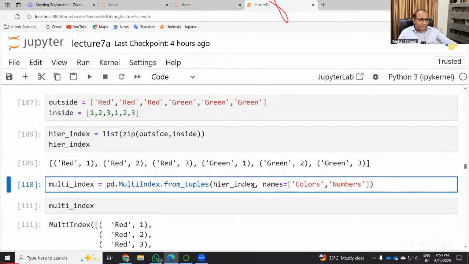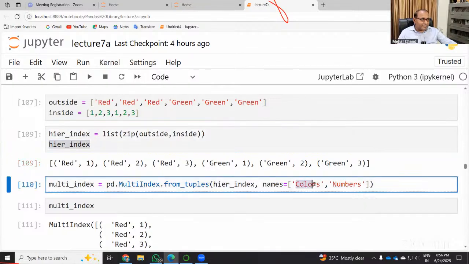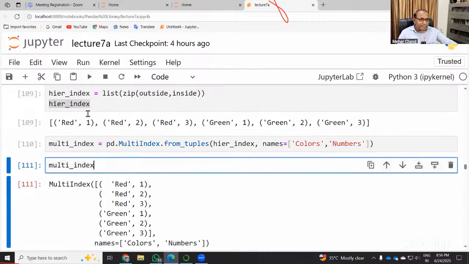And then this is the higher index, this one, and the names are colors and numbers. So here in this list, you can see there are colors and the numbers. Colors are 2, red and green, and the numbers are 1, 2, 3. So when you execute this cell, and see here,